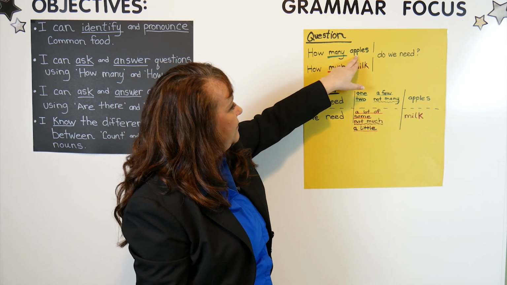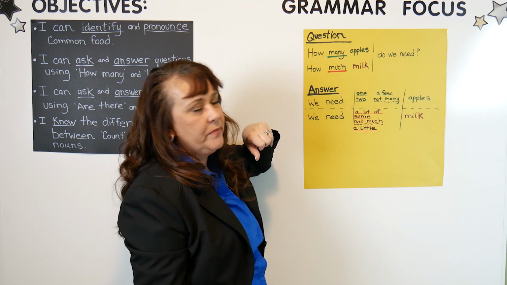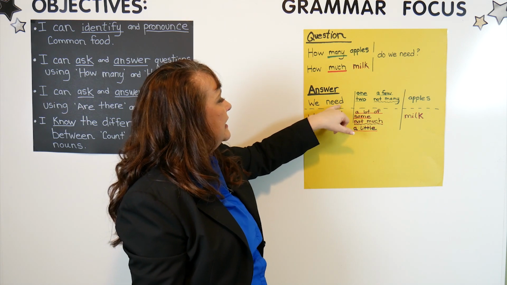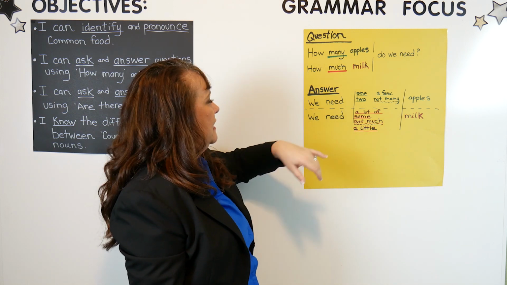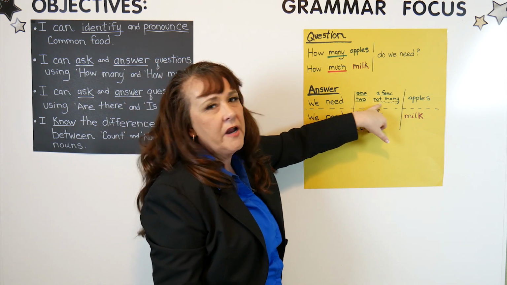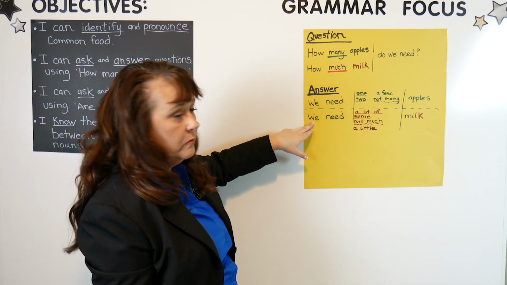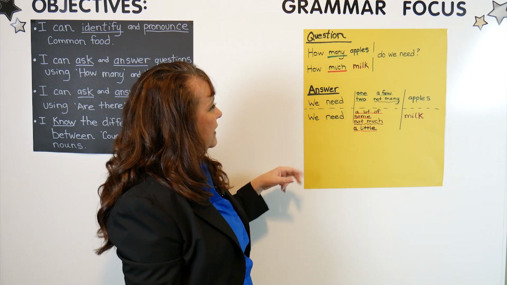How many apples do we need? We need 1 apple. How many apples do we need? We need a few. How many apples do we need? Not many. So now, when we answer with words that are non-count, here in the red, how